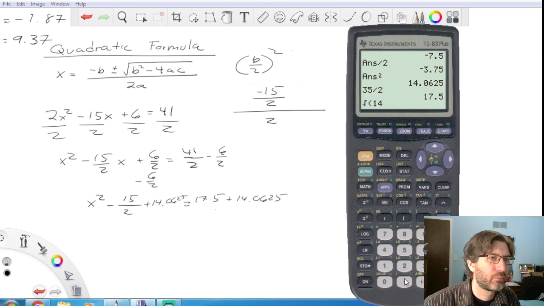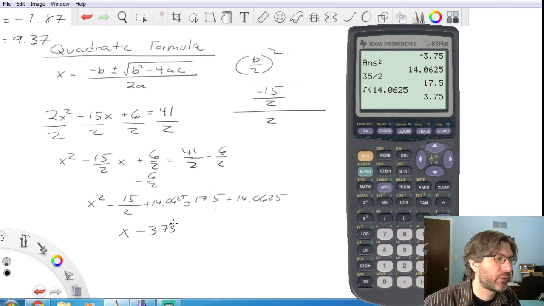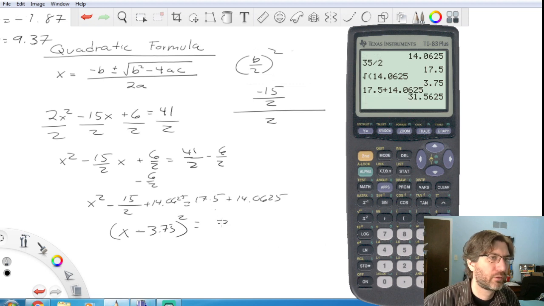Square root of 14.0625 should give me, yeah, and minus 3.75 squared equals 17.5 plus 14.0625, 31.5625. Take the square root of that side, take the square root of that side, and you get x minus